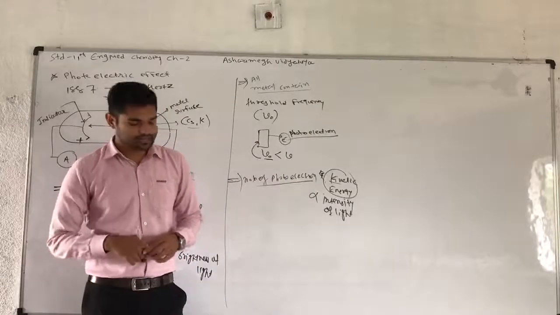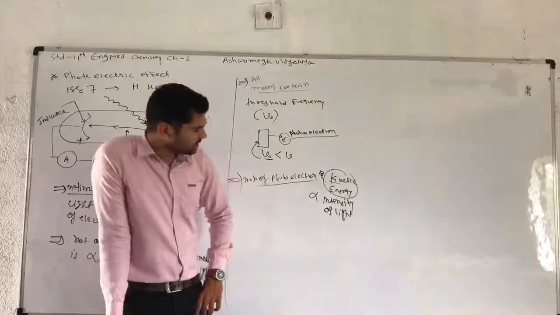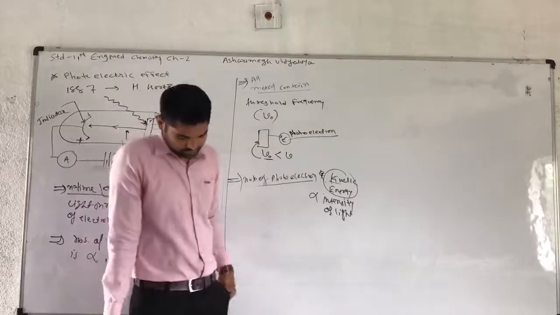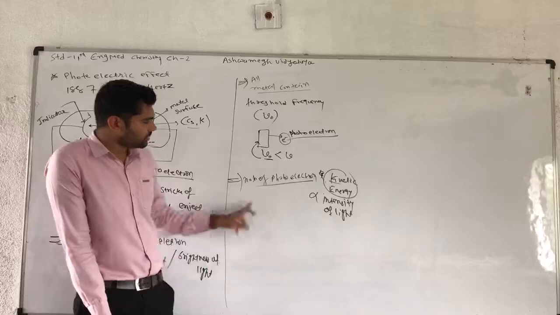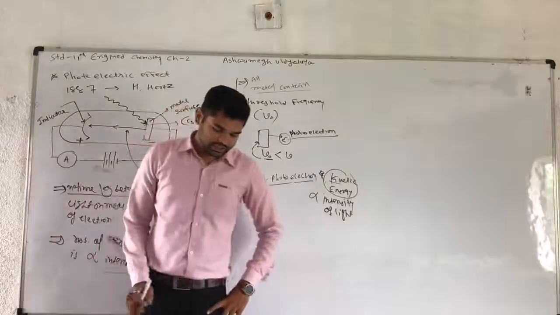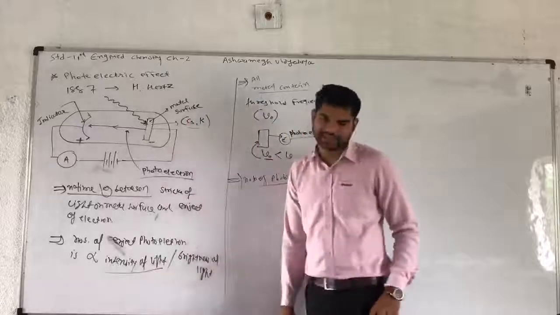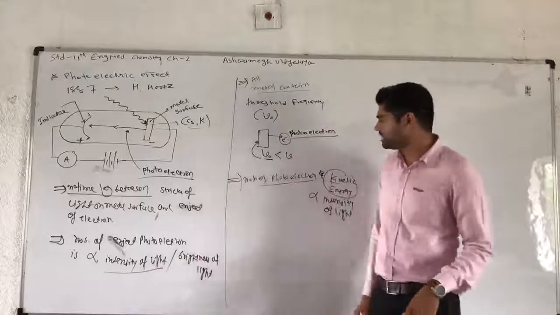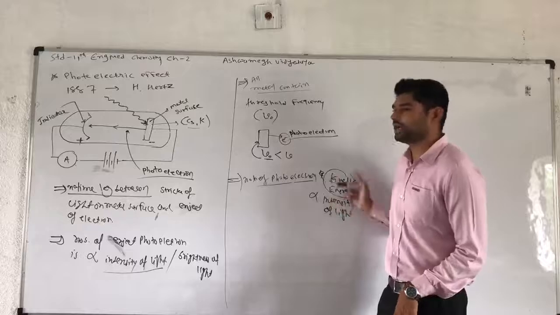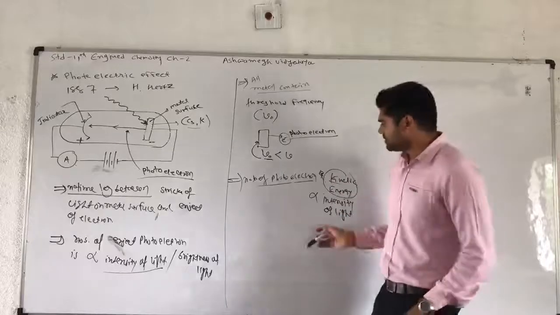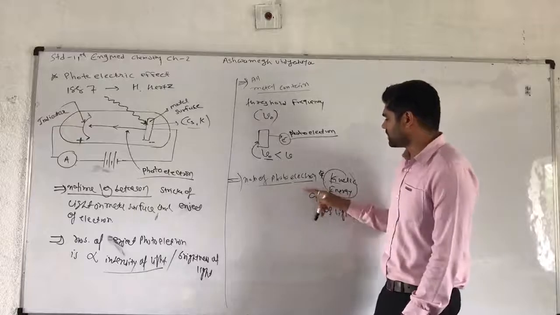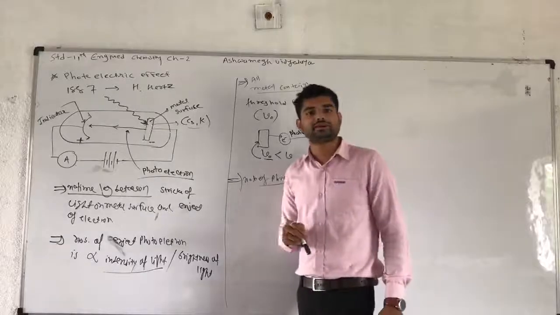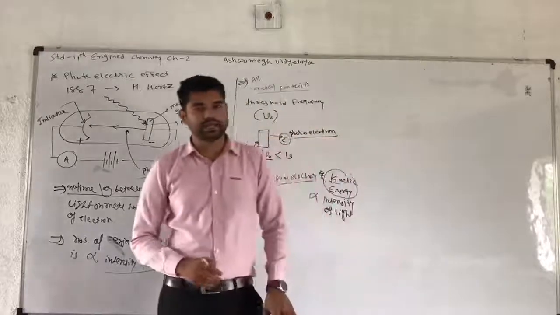After this experiment, we conclude that the number of photoelectrons depends only on the intensity of light, not on the energy released in the photoelectric effect. So it does not depend on kinetic energy. The experiment proves that the number of photoelectrons depends on intensity of light and not on kinetic energy when photoelectrons are released. Let us understand this statement by an example.